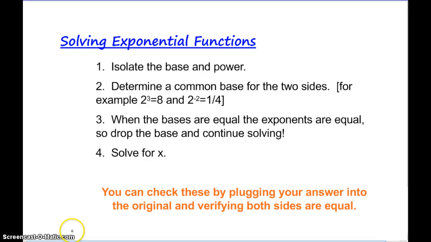Hi, today I'd like to talk to you about how to solve exponential functions. In order to solve exponential functions, you must first isolate the base and the power, then find a common base